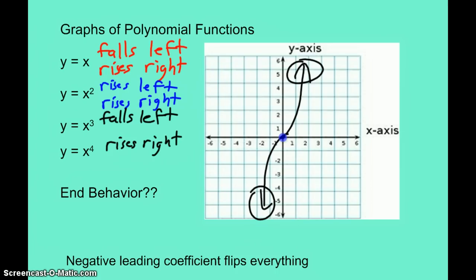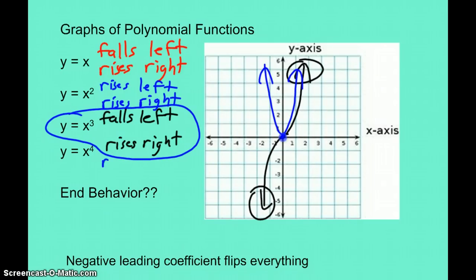And then finally our last one, x to the fourth, is going to look exactly like a parabola, except it's going to be even steeper yet than a cubic function, where it's going to look something like that. That's a rough sketch. And you notice x to the fourth, I'm going to circle this to make sure we don't get confused here. X to the fourth rises left